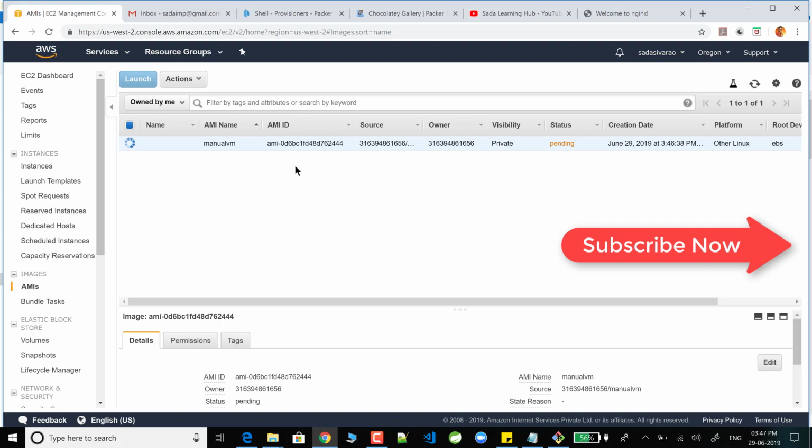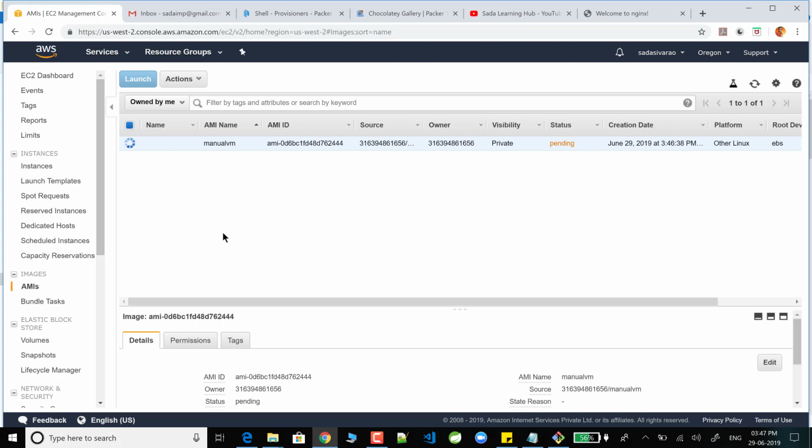Once you finish, connect with SSH, and after that install whatever software you require. After that, finally, right click on the instance name and create image. Once you create the image, it moves to AMIs. All these steps we are going to automate in the coming video by using Packer. By using Packer, I am going to turn all these manual steps into automation.